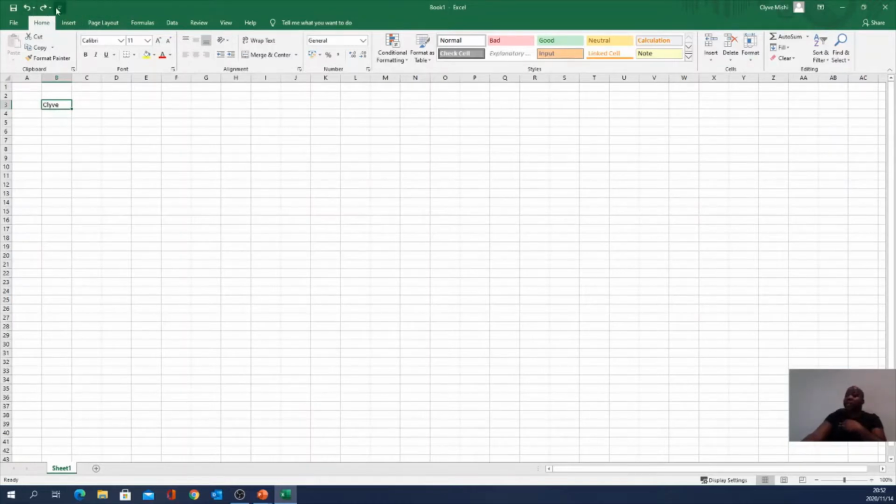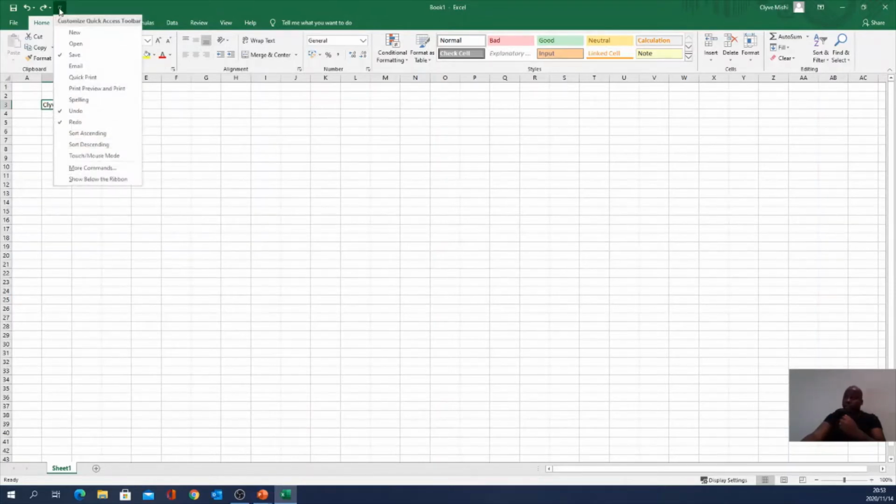Also here there are quite a number of quick commands you might want to use. These are the ones which come with Excel, but there might be quite a number of commands you want to use depending on what you use your Excel for. So if you drop down, you'll see that there are other commands here. You can have a quick command to open a workbook. You can have a quick command to print the workbook, or to do a spelling check, or a quick command to do a